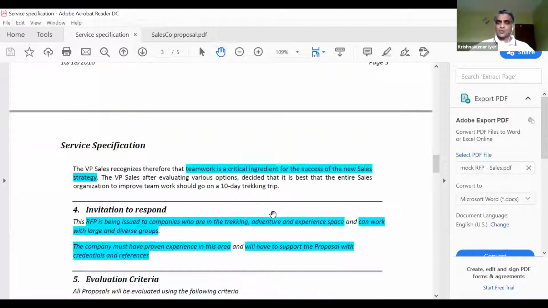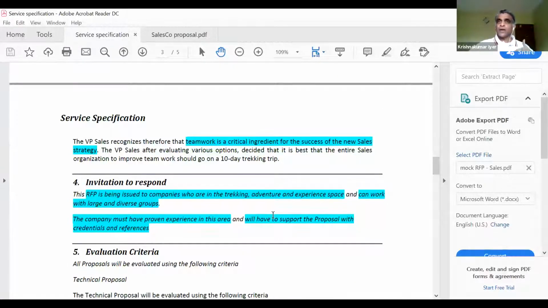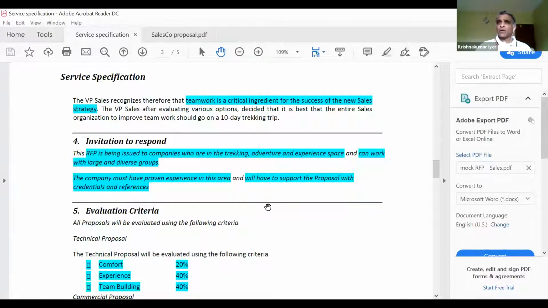Now I'll just quickly scroll through to show how you can identify these issues as far as the RFP is concerned. Again, going back, what exactly is an issue? Issues of interest. Is it a requirement? Yes. Is it a problem statement? Yes. Is it some kind of objectives that the client is trying to achieve? Yes. Is it a set of challenges that the client is facing currently? Yes. Is there some background information that the client is sharing as part of the RFP? Yes, that is also an issue. So all of these really are issues.